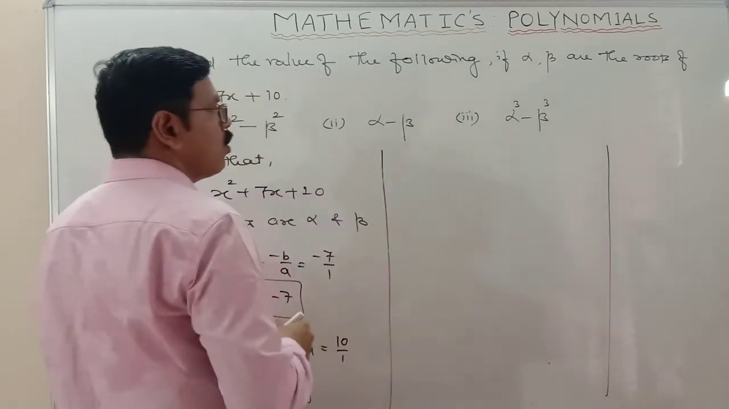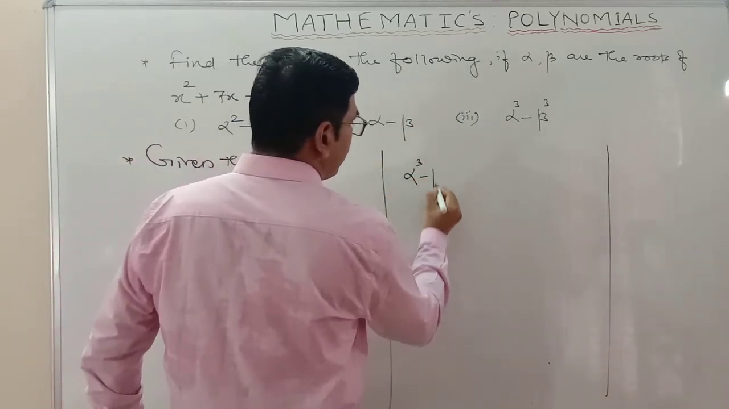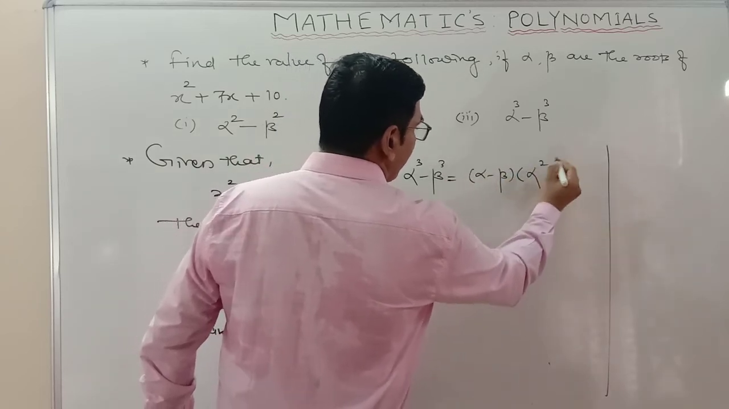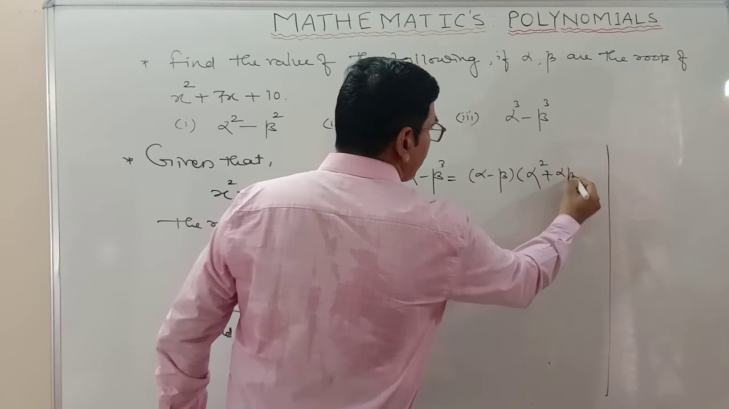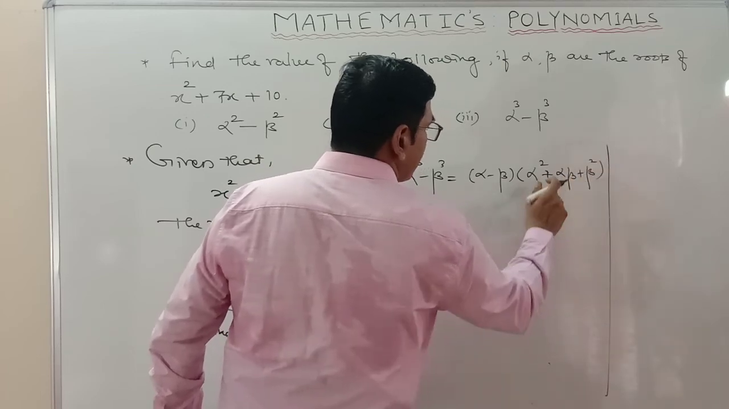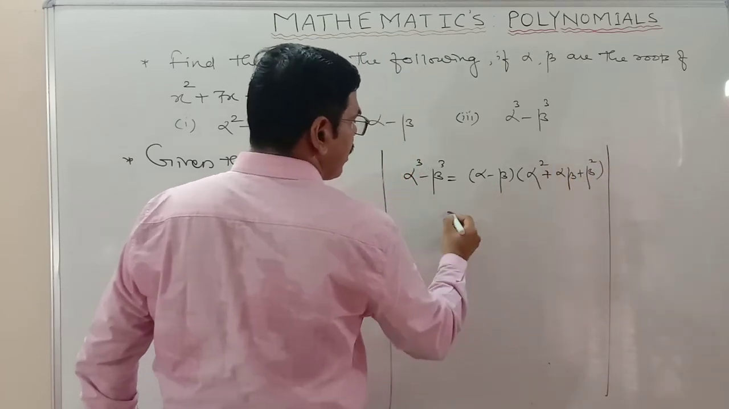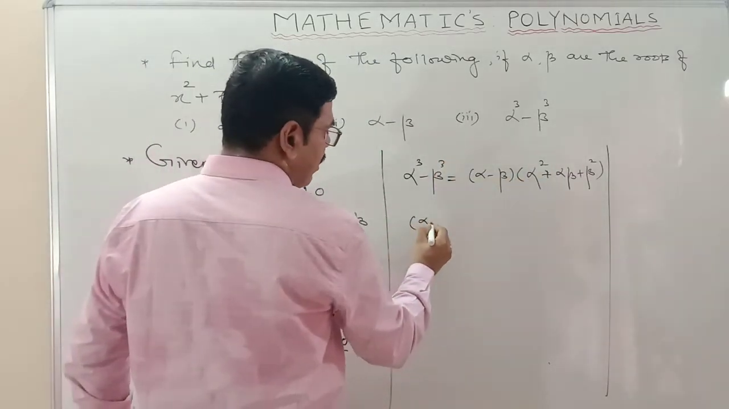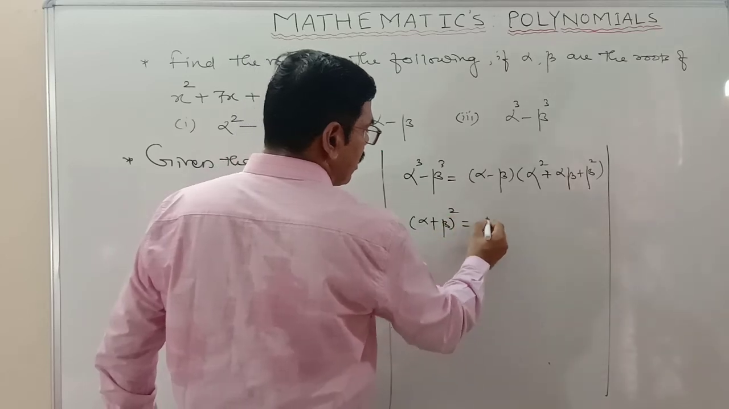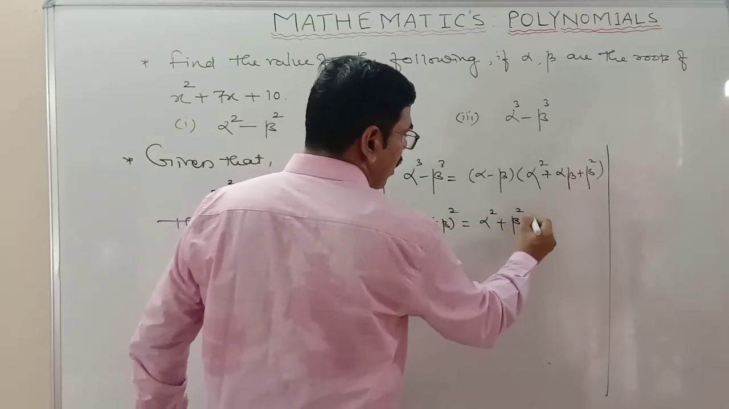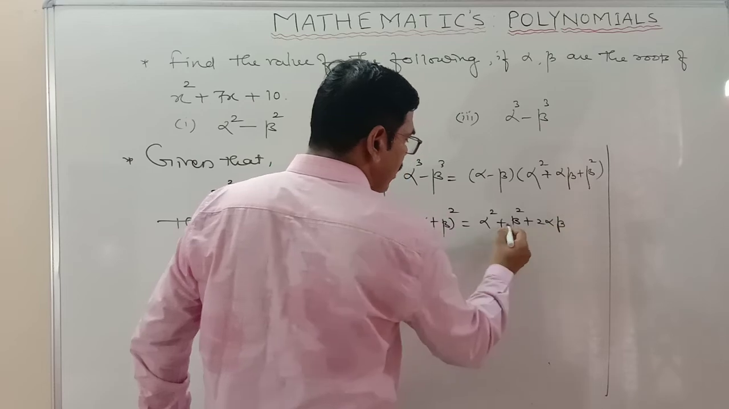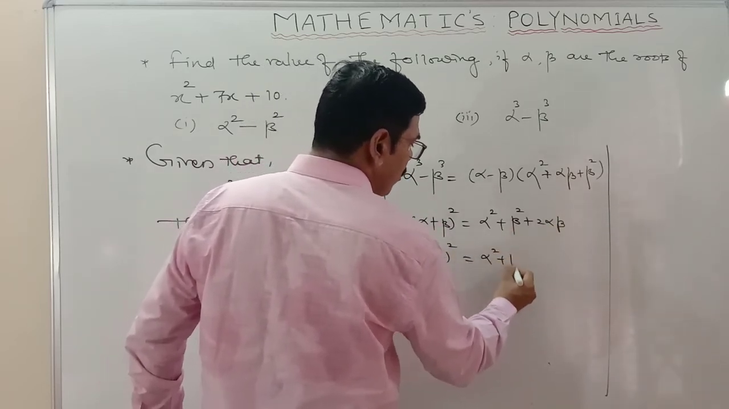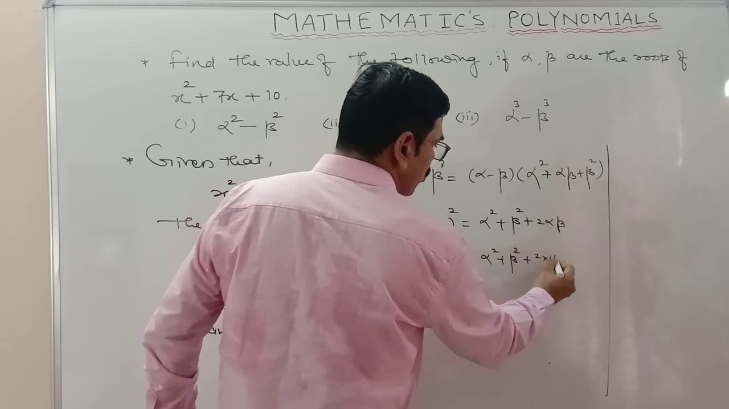Here what I should do is write the formula. Everyone should know: alpha cube minus beta cube, the formula is alpha minus beta into alpha square plus alpha beta plus beta square. Is there any doubt? Okay. So we need to determine the value of alpha square plus beta square, and that is very easy. Alpha plus beta whole square is equal to alpha square plus beta square plus 2 alpha beta. So minus 7 whole square is equal to alpha square plus beta square plus 2 into 10,